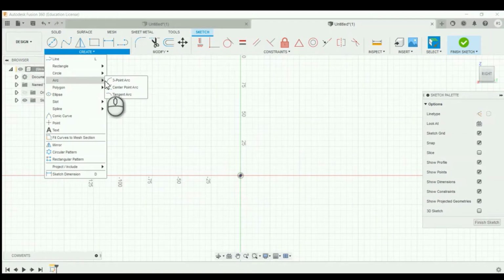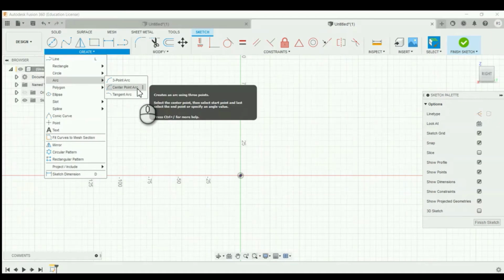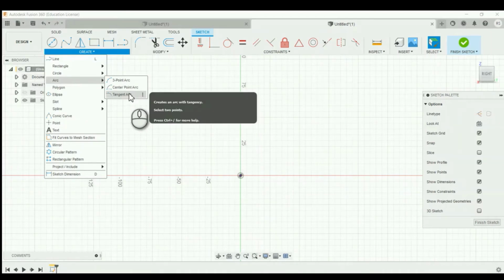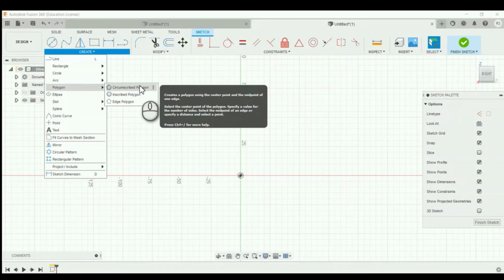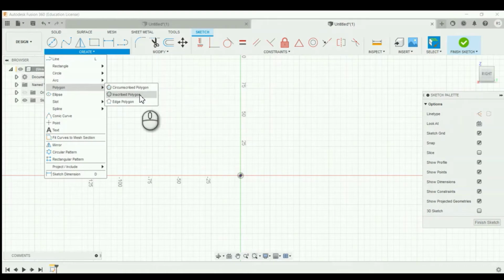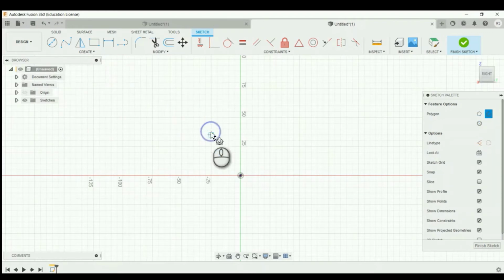You can create an arc by 3-point arc, by center point, or by tangent. And in polygon we can create a circumscribed polygon and an inscribed polygon. In circumscribed polygon we can create a polygon outside the circle, like this.